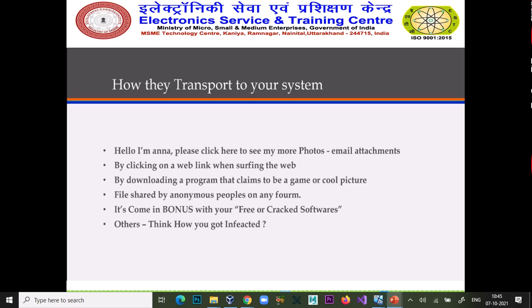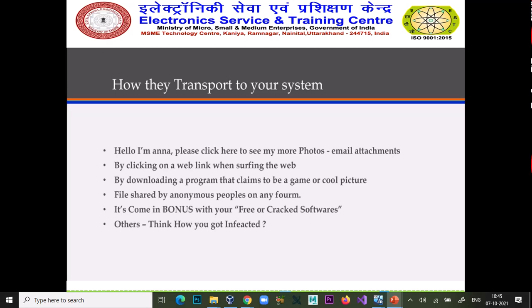Another way is files shared by anonymous people on any forum. Suppose you are a member of any group on Facebook or another forum. Many kinds of people share app links: please download this app and you will get this reward, this is an app for the latest tutorials in cyber security, this is an app for the latest tutorials in Java and Python technologies.